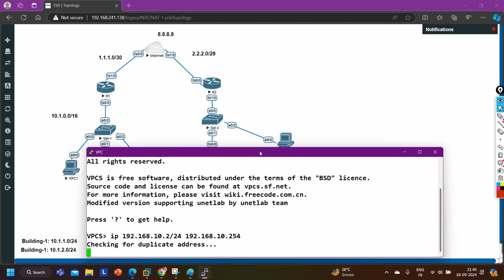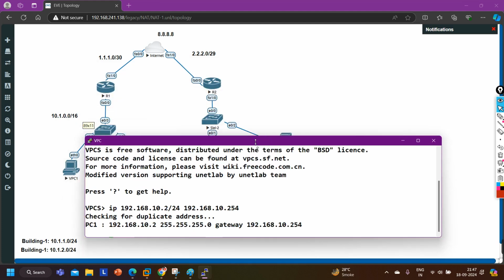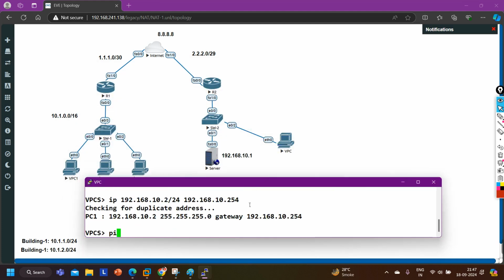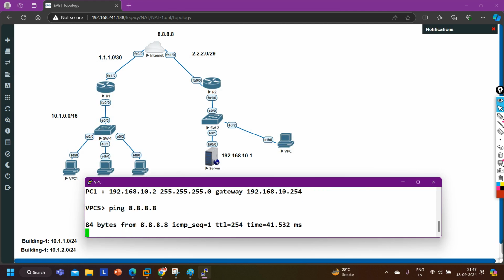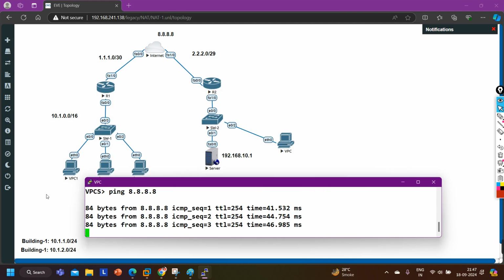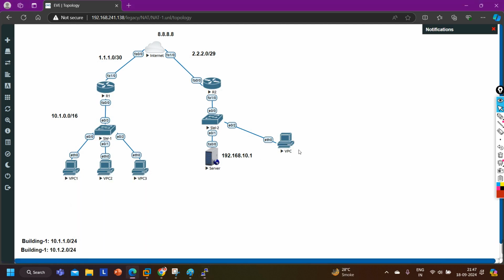Now can the PC access the internet? Yes, because dynamic NAT is already running on router number 2. So ping 8.8.8.8. Ping is working. Can this PC1 ping this PC? No. To access this PC from PC1, from this network or from the internet, again you have to configure a static NAT.